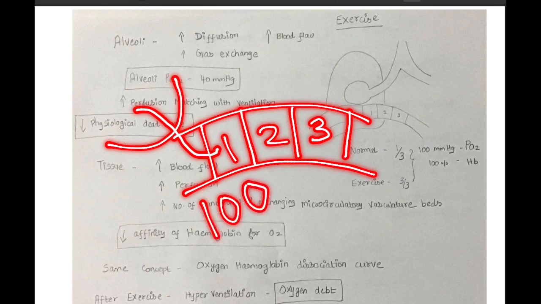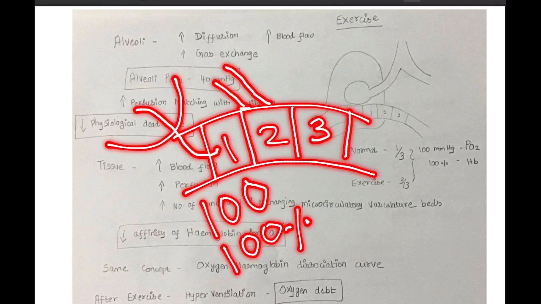And what is the hemoglobin saturation? It is 100%. So after traveling this first division of the pulmonary capillary, here is the venous admixture. So here the partial pressure of oxygen automatically drops to 95, and hemoglobin saturation drops to